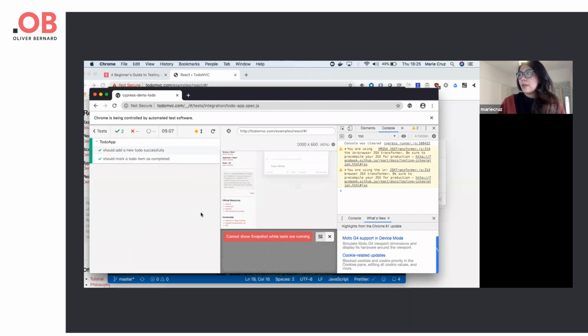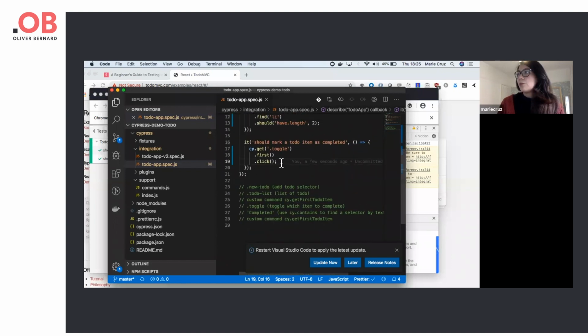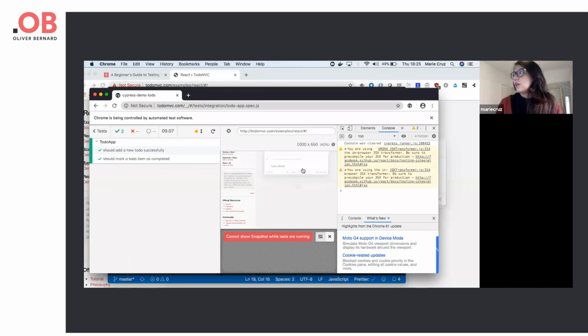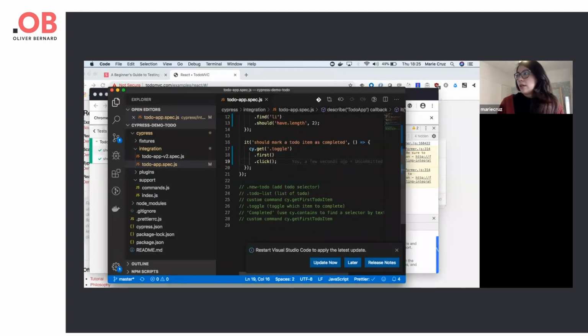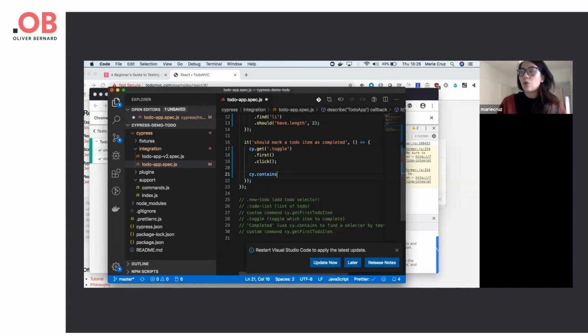So that's all good. For our assertion, I want to test that if I click the completed tab, I can see this item. So to do that, I'm going to showcase another way to identify selectors. So Cypress has a method called .contains. So what this will do is it will find an element with the text completed, and if Cypress finds that, we want to click on that button. And then